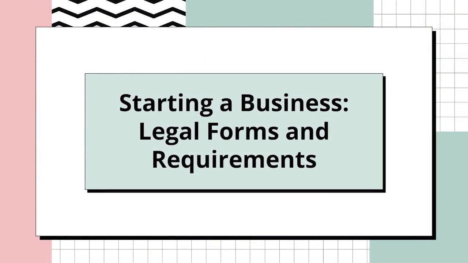So, for the last special topic, starting a business, legal forms and requirements. The legal form of business is determined by its ownership or proprietorship. A business may be a single proprietorship, a partnership, a corporation, or a cooperative. We have discussed previously the first three: business ownership. Just to add, the cooperative's original purpose was to supply those involved with goods or service at lower cost compared to those bought from retailers.